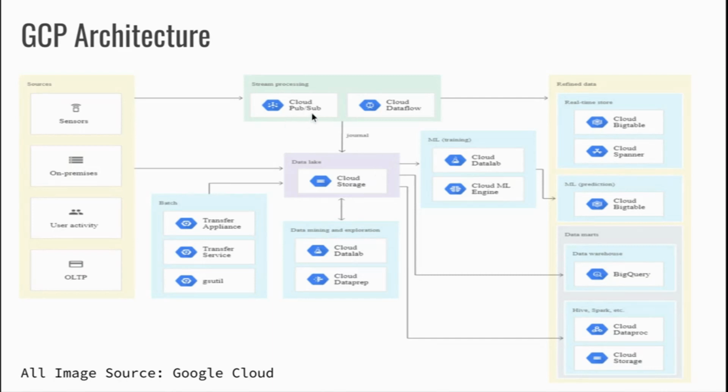So Cloud Pub/Sub is more like a publish-subscribe platform or a streaming platform where you take the data. Typically, it's used for capturing real-time information. And Cloud Dataflow is their processing platform. Now, instead of Cloud Dataflow, which is based on Apache Beam, you can also use Cloud Dataproc, which is nothing but a Hadoop-based ecosystem, which supports Hadoop, Hive, Spark, and other processing frameworks. Now you have the data on cloud storage.